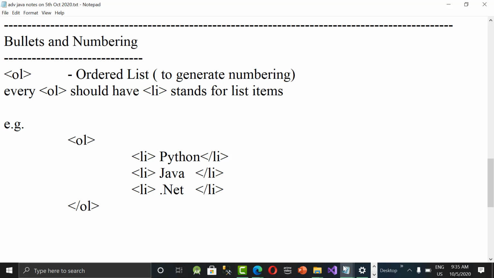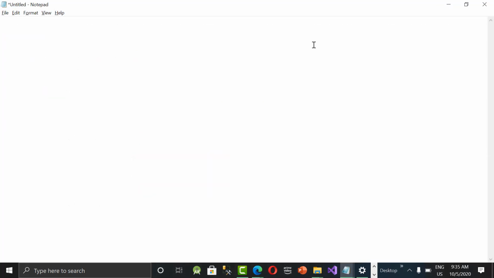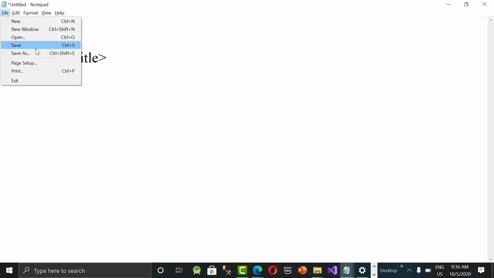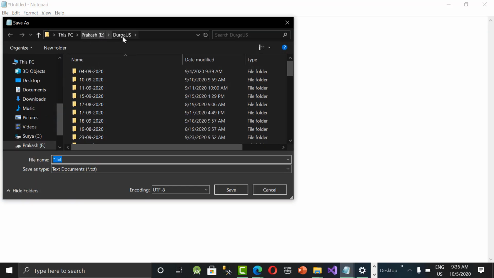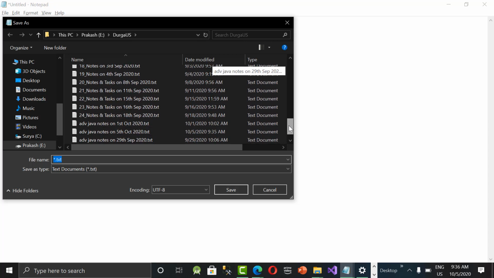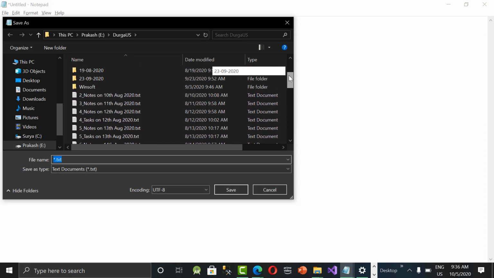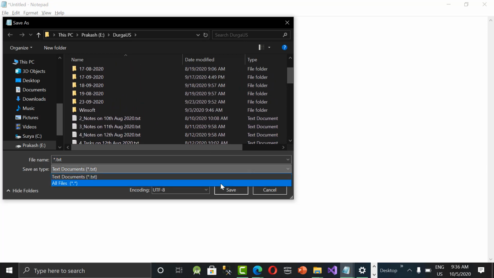Let's go to Notepad. So we are starting with the HTML tag followed by the head tag. Inside the head tag, as I said, you need to write title. I think it's our third example now. Let us save as, all files, so that you can see everything.